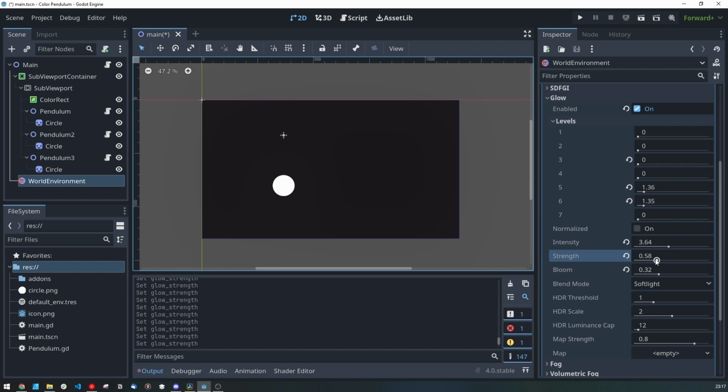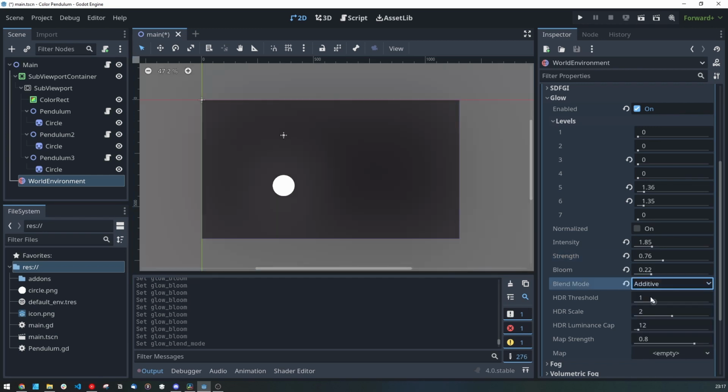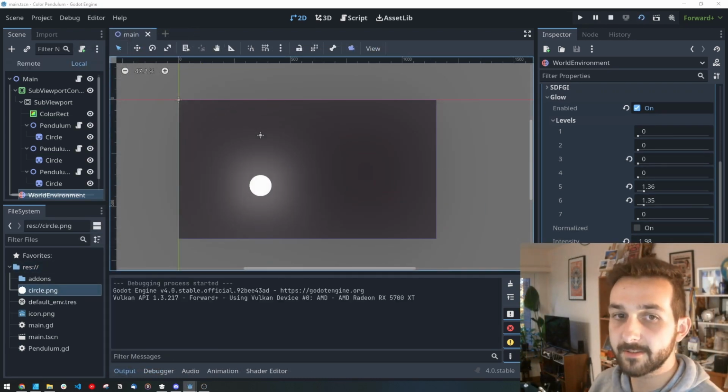You can play with this as long as you want, right? It's very much up to your own preferences. Let's set it to add. Yeah, let's set it to add. Does this look okay? I hope so. So if we're gonna run this,